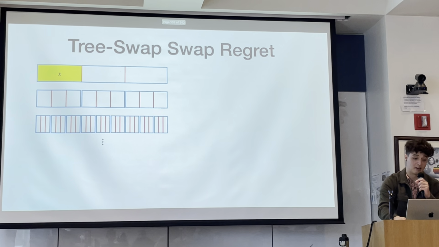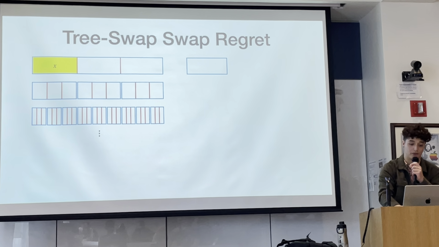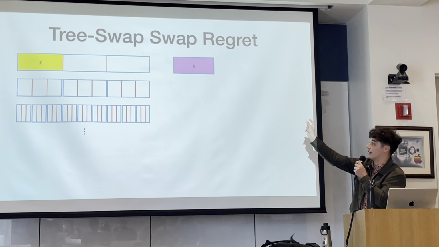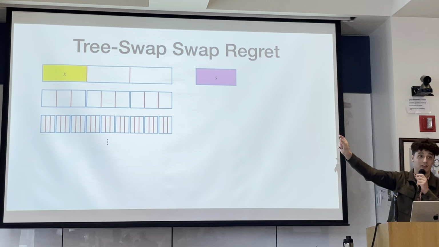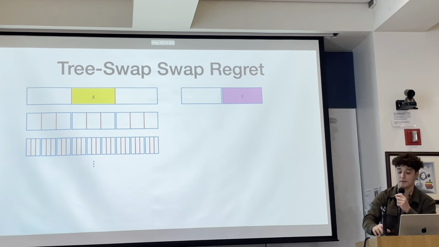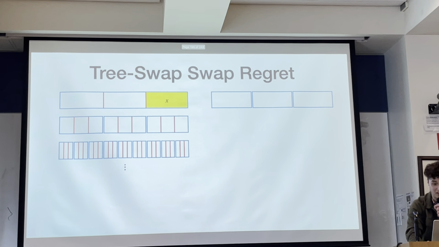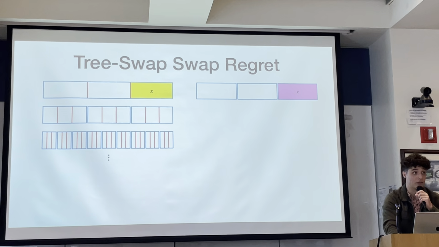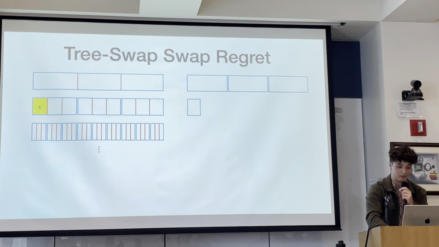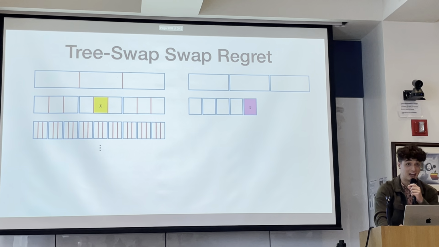So for this block specifically, this block is going to have to compete with the best fixed action over this interval, right? Whatever was the fixed action that competed best during the time that this action was present, will have to do well against it. Likewise, this action is going to have to compete against the best fixed action over this interval of time, and this action is going to have to compete against the best fixed action over this interval of time. The same goes for all the other layers. If we go down a layer, this action is going to have to compete with the best fixed action over this interval of time. This will have to compete against this, this against this, this against this. I animated all of them, that's correct.